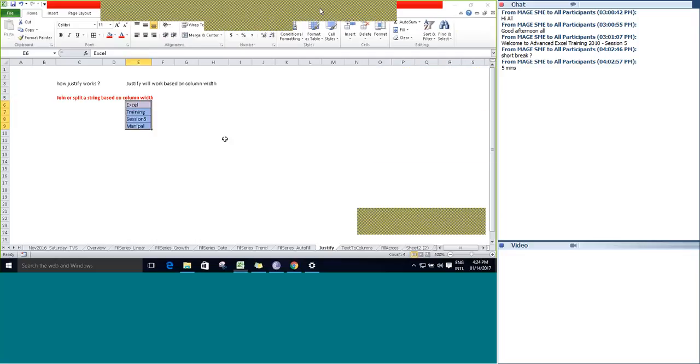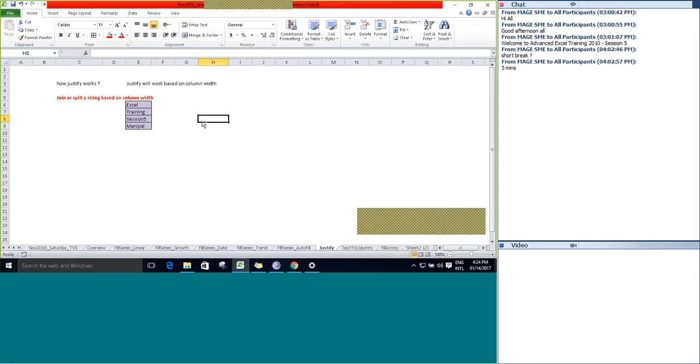Fine. So when can this concept justify be used? There are some cases where you want to split a string when you are working with an Excel report. At that time, based on the column width, you can increase or decrease the column width and split or join a string of your choice.